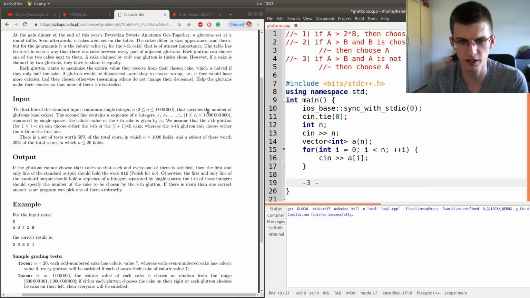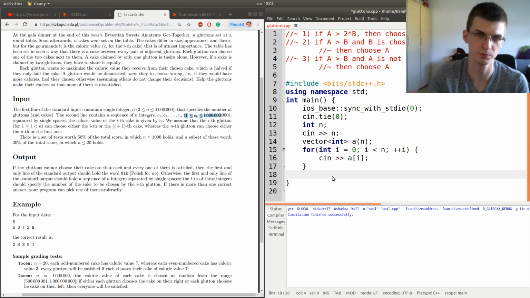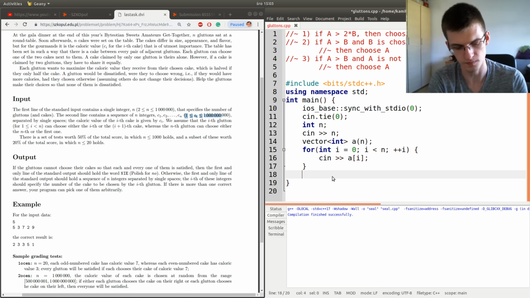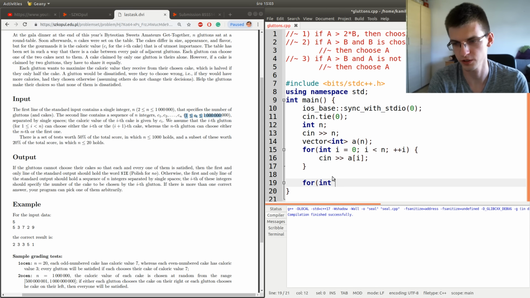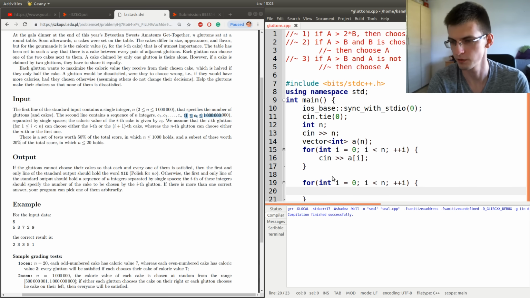But here we have that values are positive, not even 0, which also could be a problem maybe if we compare 0 with 2 times 0. I'm not yet sure what to do exactly, but generally we want to do: if a_i is bigger than 2 times a_(i+1).